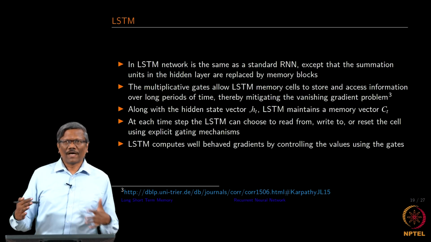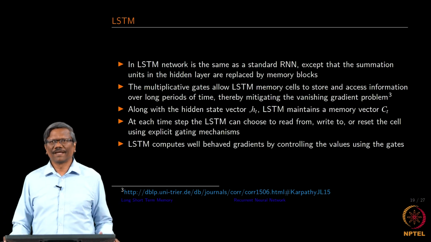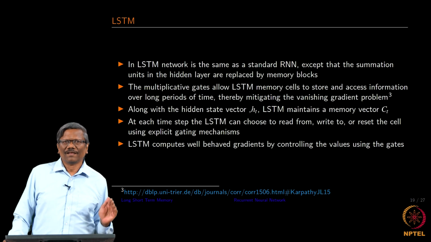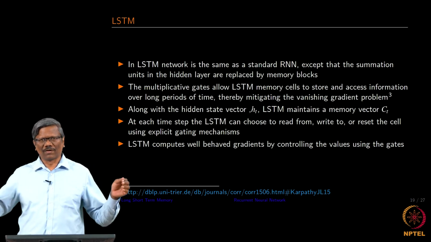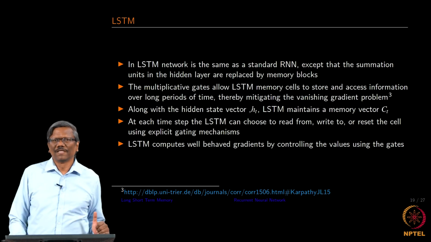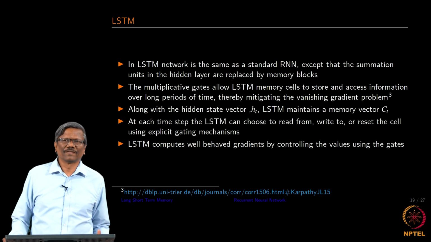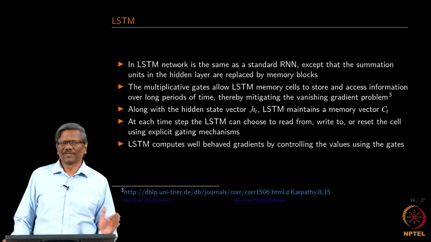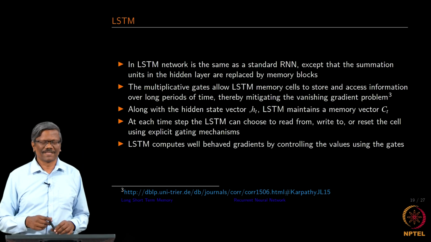So, where did the problem occur? The problem occurred only in the state where we make the computations. When we start making the computations for the state in the unrolled RNN, we have a problem. So, is it good enough if we only adjust those hidden states, so that we are able to reduce the problem of vanishing gradient? Let us see what LSTM does in that case.